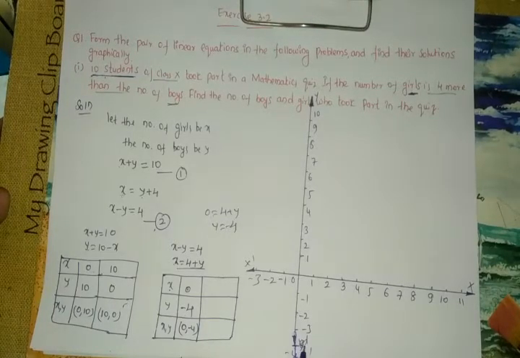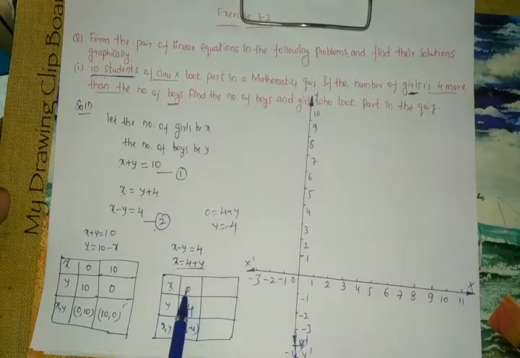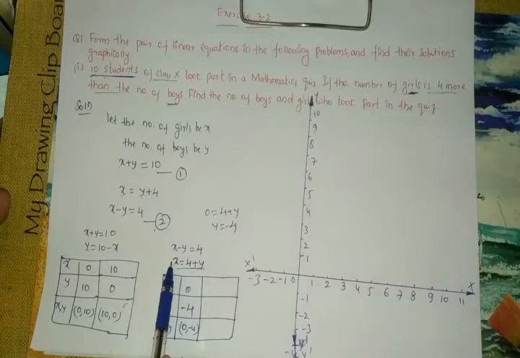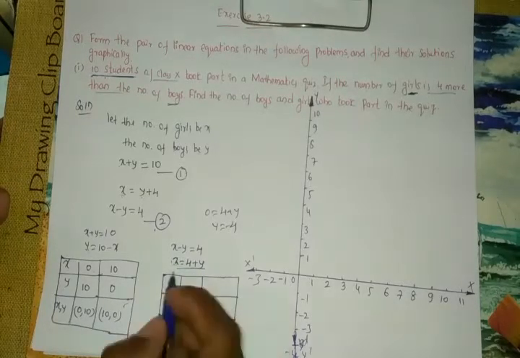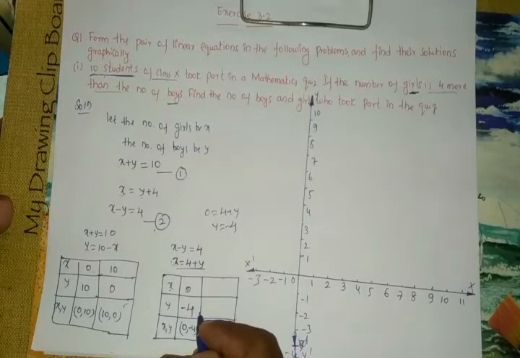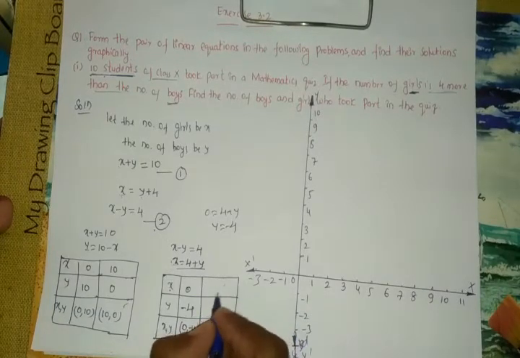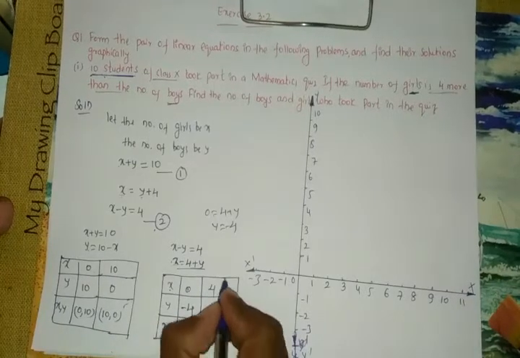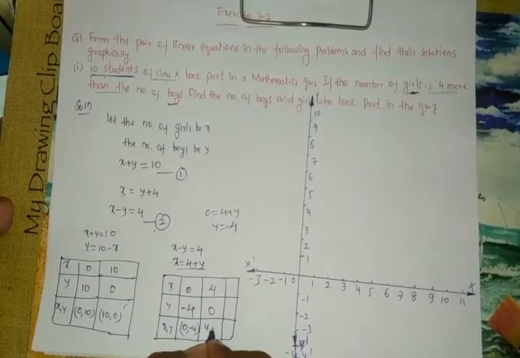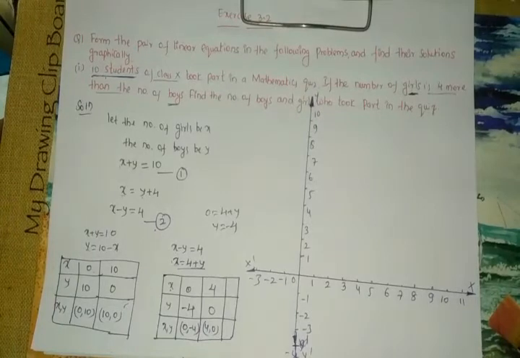If I have decided that I will go with minus 3 only, then I need not put the value of x as 0 here. I will go with the value of x as 1. When I put x as 1, I will get the y value as minus 3. Next I will put the value of y as 0. X will be 4. So my points are 4 comma 0. Let us represent this.